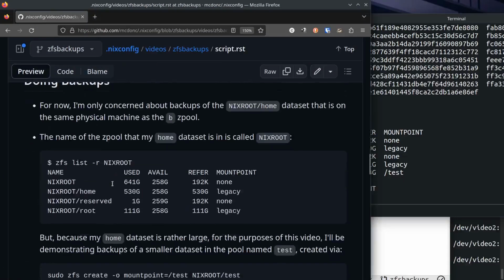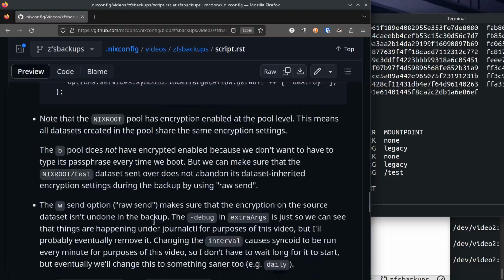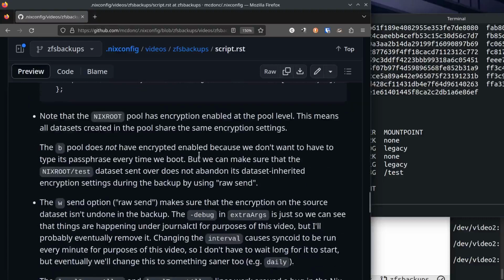And so one of the invariants of how I want the backups to work is that I don't want to encrypt my main drive, and then when I back up, have it all sitting there unencrypted. That would be silly, right? So what do we do about that? Well, we can